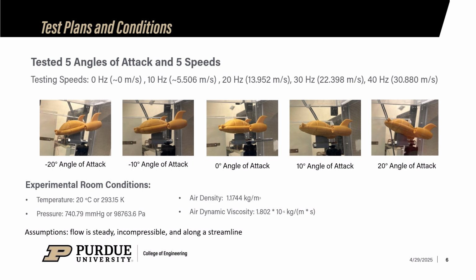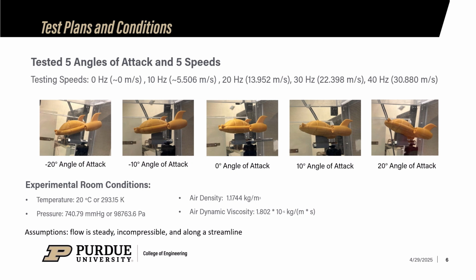As for the angles of attack, the team tested the Pat Pat rocket at -20, -10, 0, 10, and 20 degrees of angles of attack. For the experimental room conditions, the team used the thermometer inside of the room and measured 20 degrees Celsius, which is 293.15 kelvins. They also measured the pressure of the room using the barometer and found that to be about